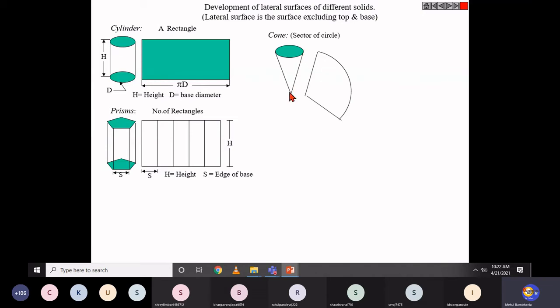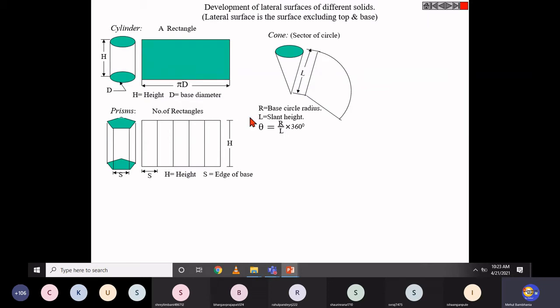So parallel to the slant edge, you construct an equal length, equal dimension of the slant length, parallel to the slant length, right? From this origin, you construct a line whose dimension is equal to the slant length. Now we have this line, you take the compass and make an arc. Right now we don't know how much arc we have to construct. For that we have a simple formula. This is the slant length I am talking about. After the slant length, you take this as a radius and this as the origin, and then simply make an arc. Now how far should that arc go?